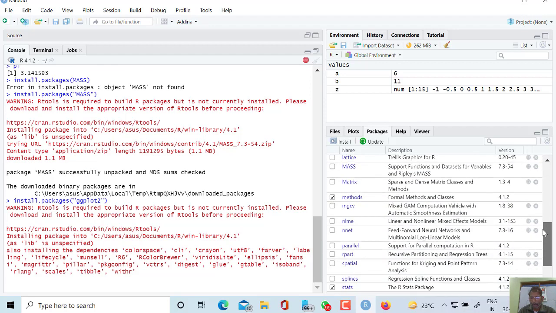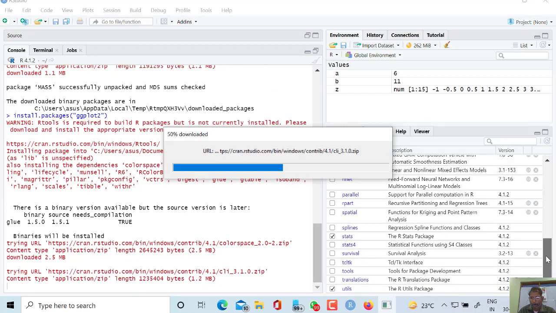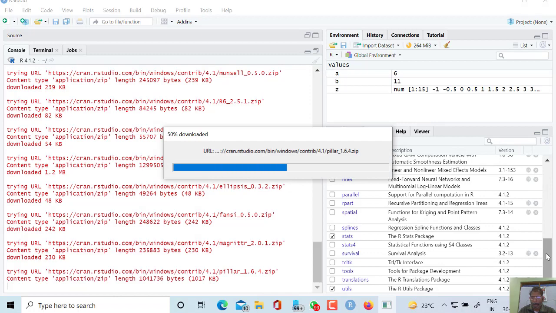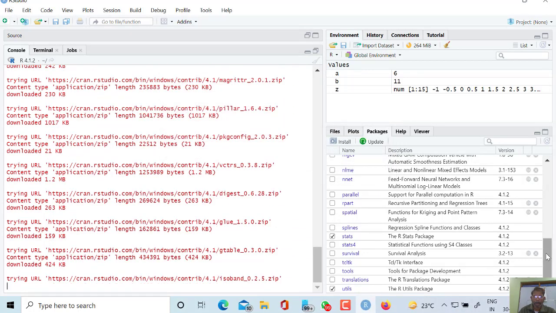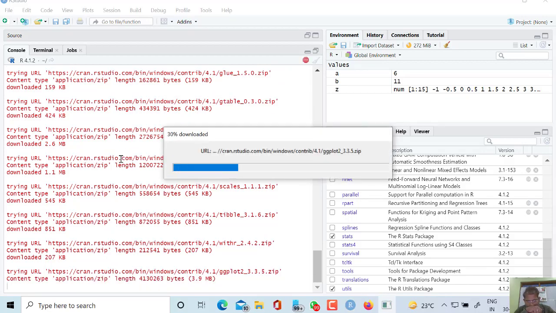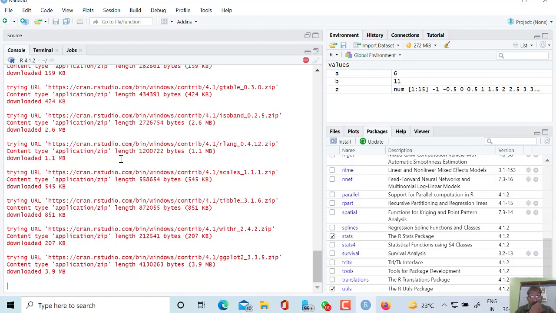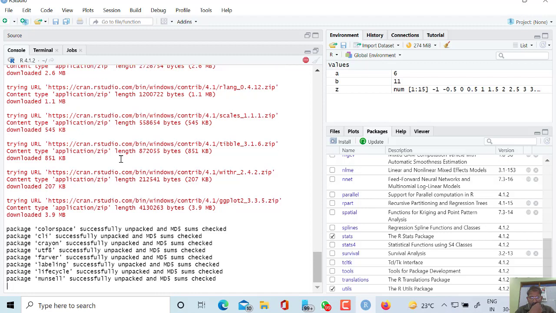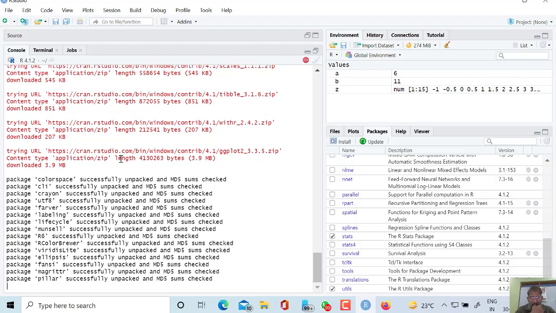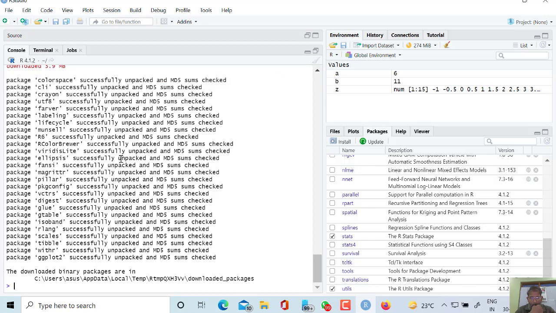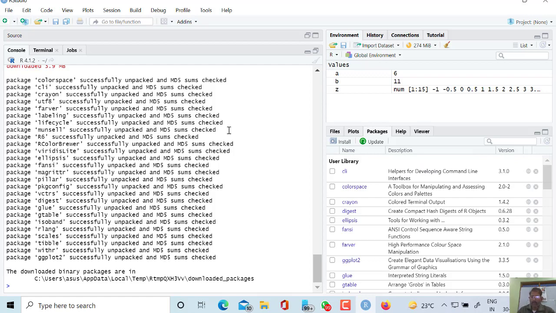You have installed MASS, so many packages have been installed here.